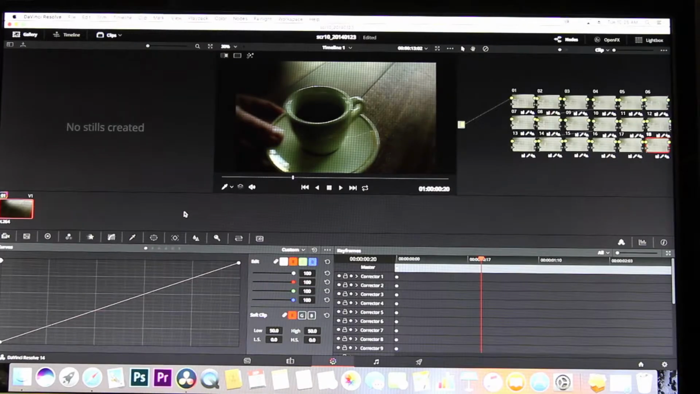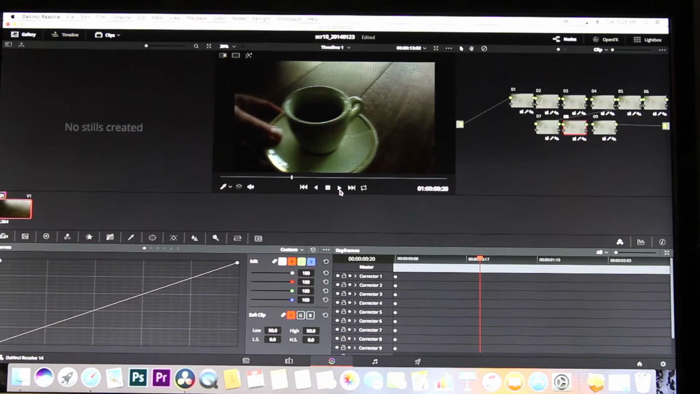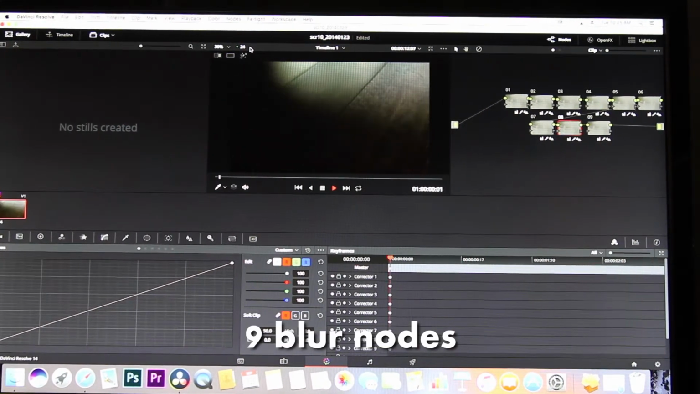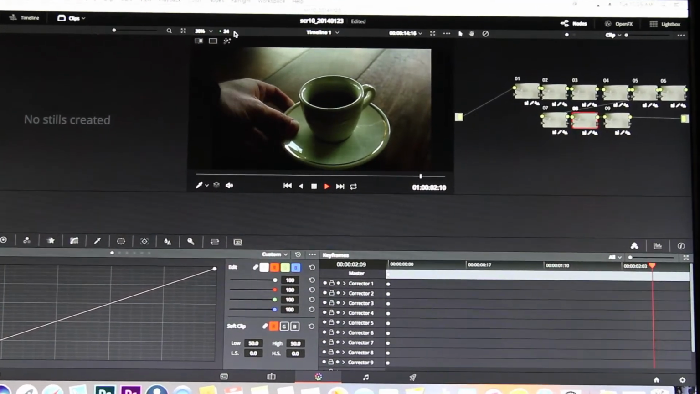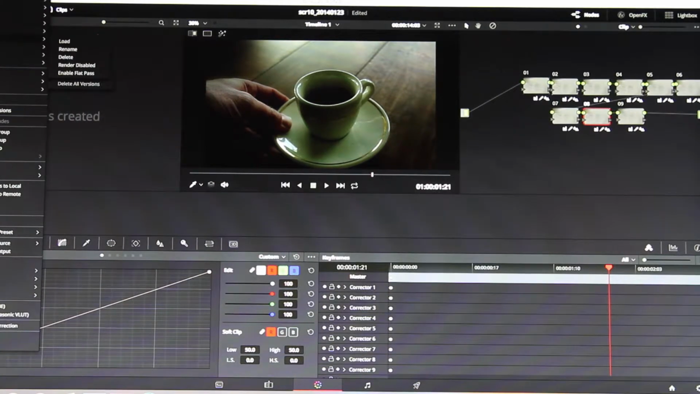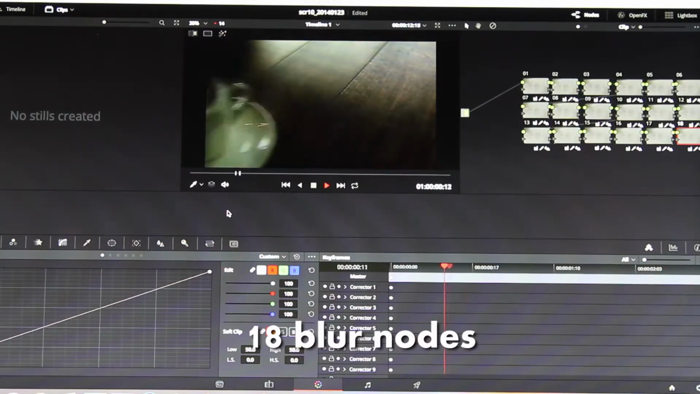Okay, now we're in DaVinci Resolve 14 on the Mac, which has an identical interface. We're running the standard candle test. So we're going to go up here and we're going to load the 9 blur nodes. We're going to run that and wait, and we can see that it'll run at 24 frames a second on the 9 blur nodes. So let's try 18 blur nodes. We'll load that up, come down and play. Now we'll wait to see what our